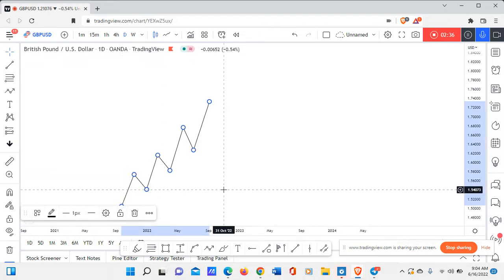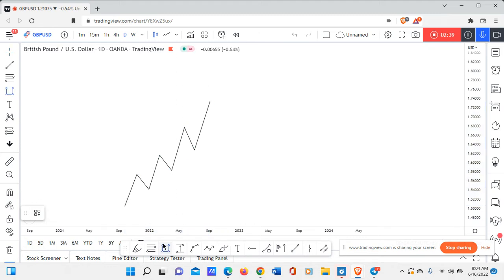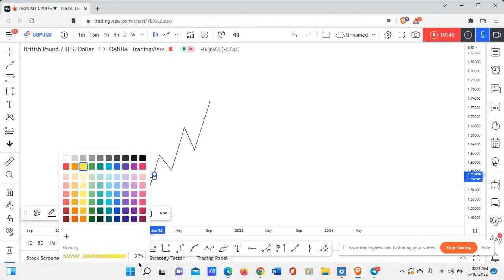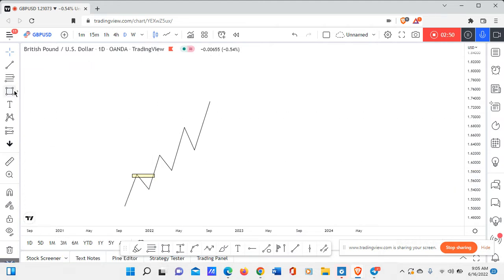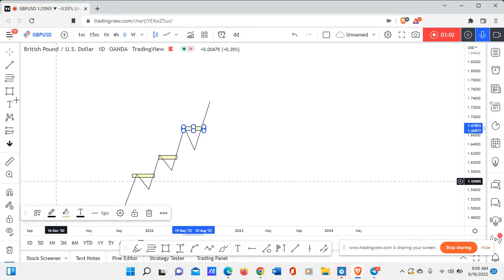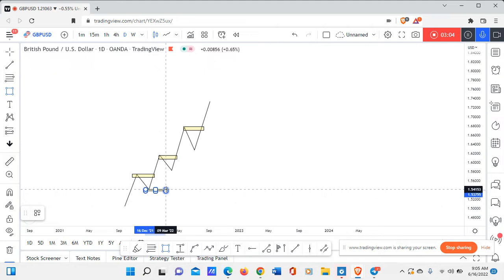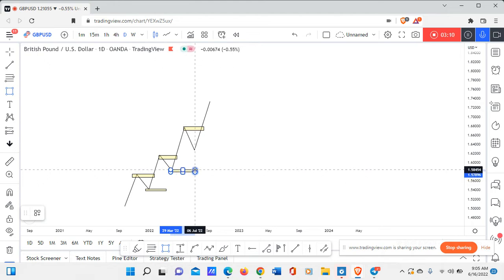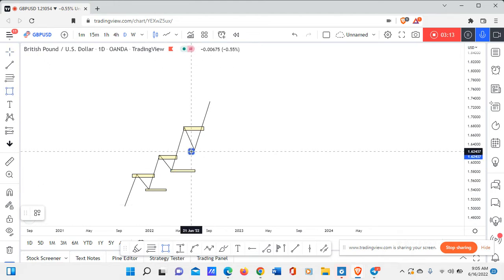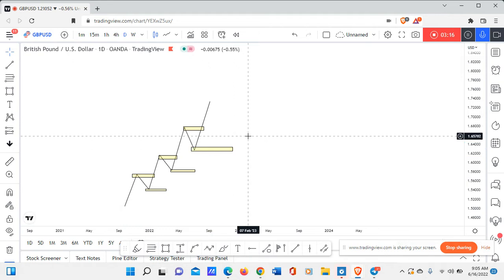So why do we say that this is an uptrend? The reason why we say this is an uptrend is because the price is breaking our highs. It is breaking our highs, but the price is respecting our lows. As we can see, the price is respecting our lows. So what does that mean? It simply means